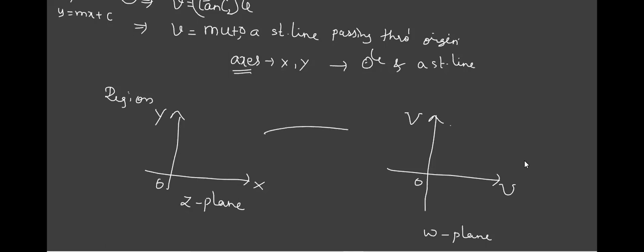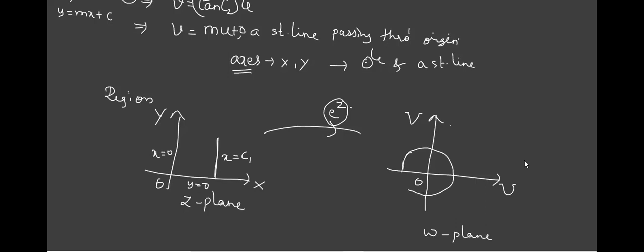Just try to understand that this transformation is fixed. What is that? E raised to z. We already have discussed the theory part. I'm drawing the region here. So first I'm taking a line. The equation of the x-axis is y equal to 0. Here it is x equal to 0. If I take a line parallel to the y-axis, I'm taking it in the form x equal to c1. So under this e raised to z, what did we get in the first case? We are getting some circle. Very difficult to draw the circle.